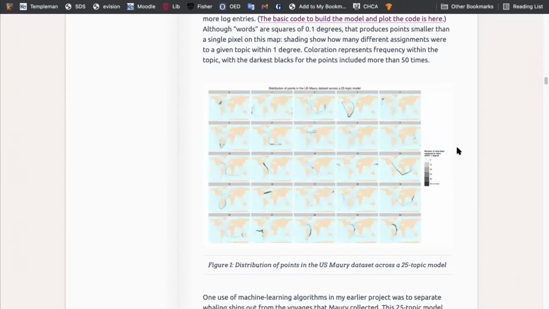Now, what's a word and what's a document? For him, a document is a log from a particular ship, and a word is a particular set of coordinates in the ship's log. So what's a topic? A topic is co-occurring sets of coordinates. In other words, you would expect a topic to correspond roughly to a particular voyage,